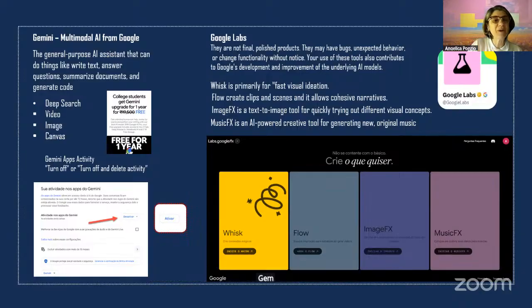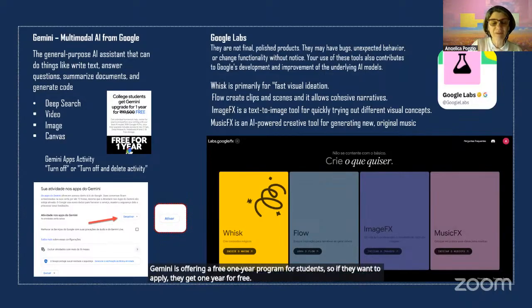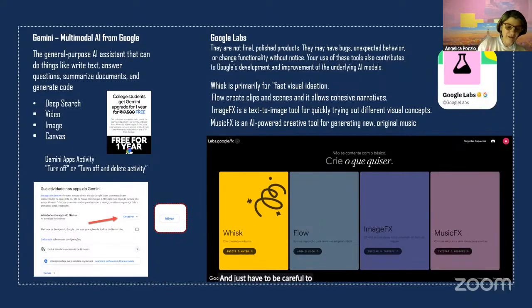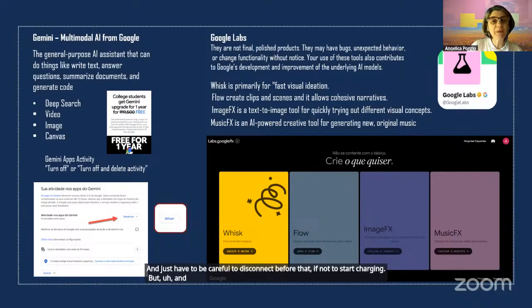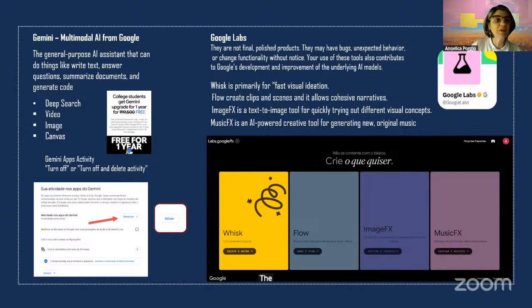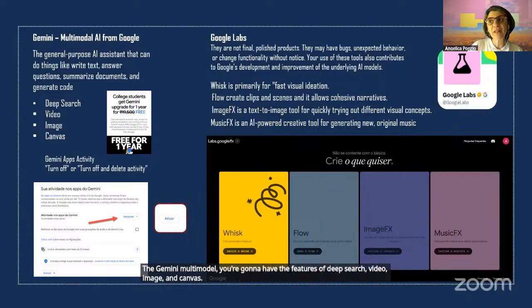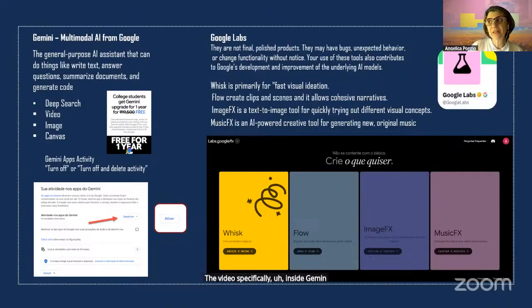Gemini is offering a free 1-year program for students, so if they apply they get 1 year for free, but they have to be careful to disconnect before it starts charging. Also, make the difference between Gemini multimodal and Google Labs. In Gemini multimodal you have deep search, video, image, and canvas. The video inside Gemini lets you do 3 videos a day.